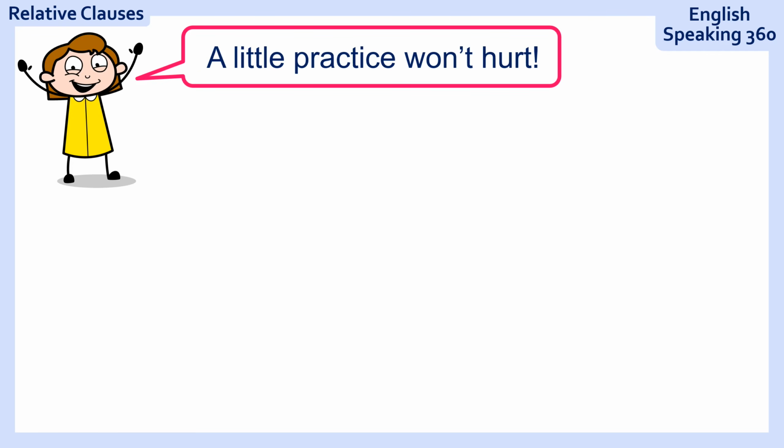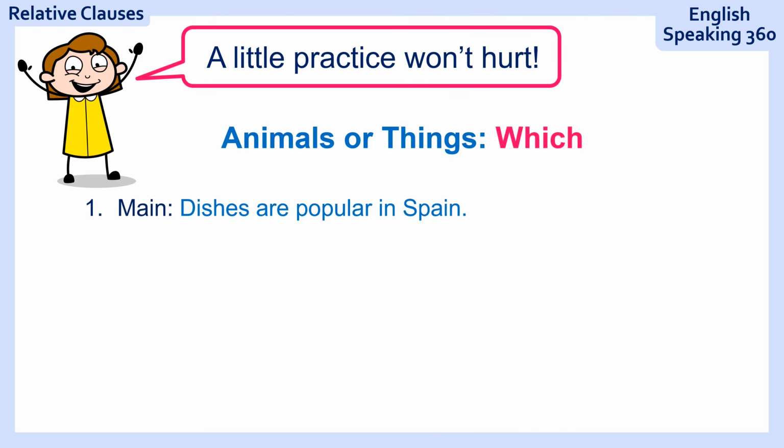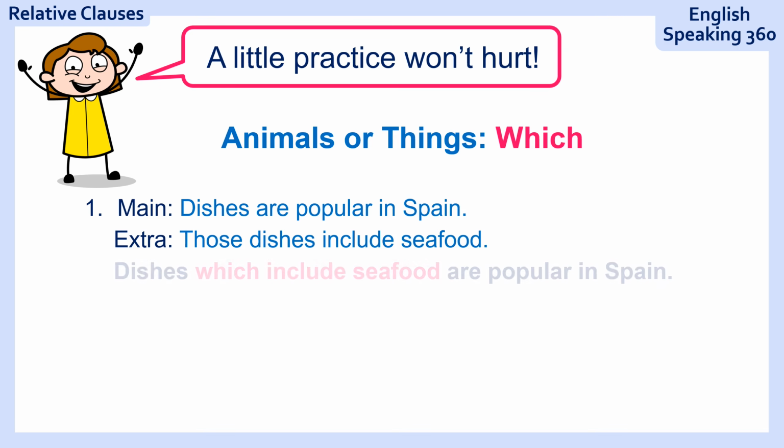A little practice won't hurt, that's for sure. So let's go with another example. Dishes are popular in Spain. That's a slightly weird sentence, but let's keep going. Extra information. Those dishes include seafood. Okay, now let's merge them. Dishes which include seafood are popular in Spain. That's an